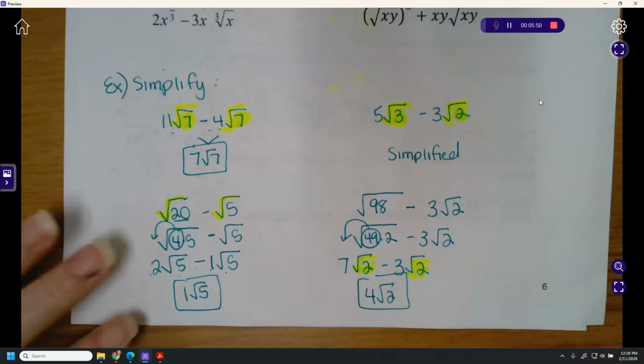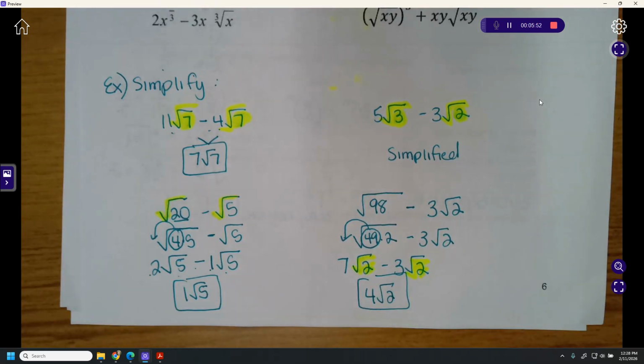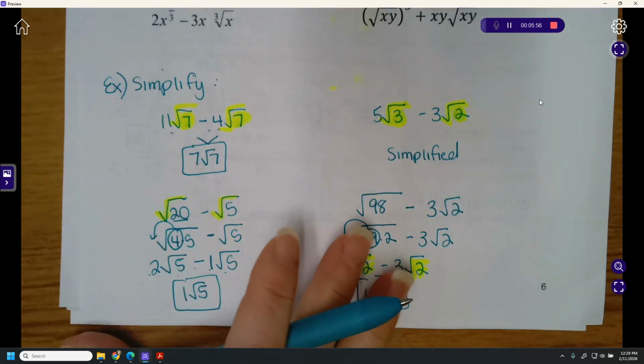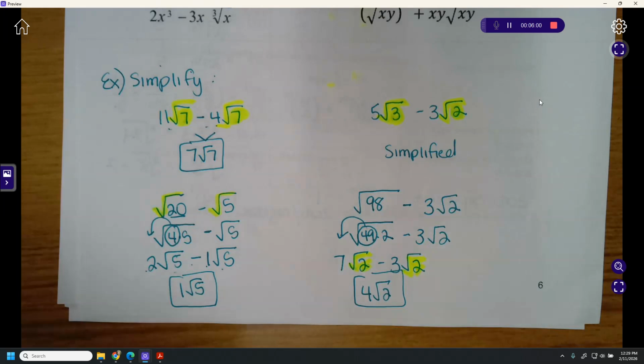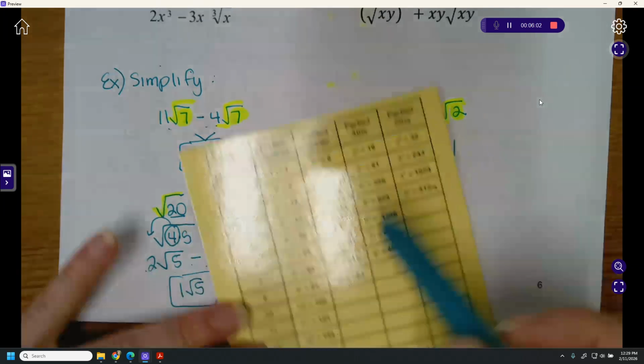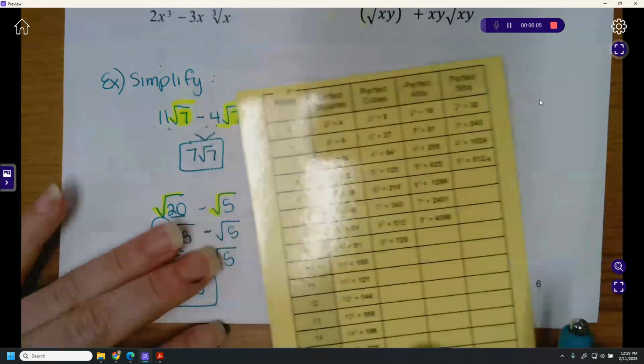Okay. And so today, at first, you're going to see some things that just involve numbers. Be aware, I did put a couple of cube roots on there. So for cube roots, we'd be looking in this column. Okay. All right. Now,